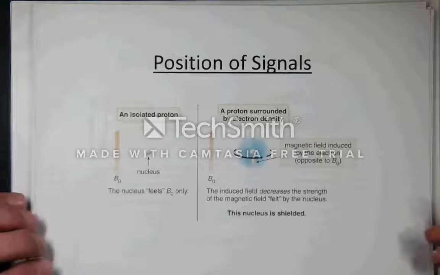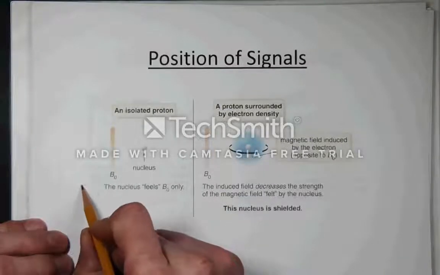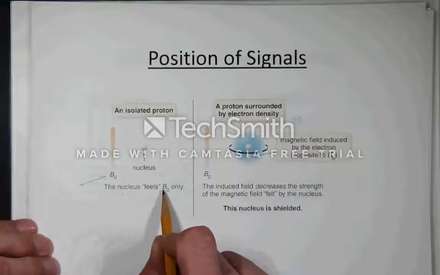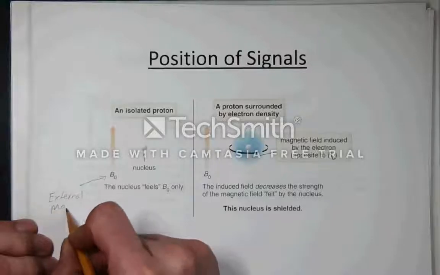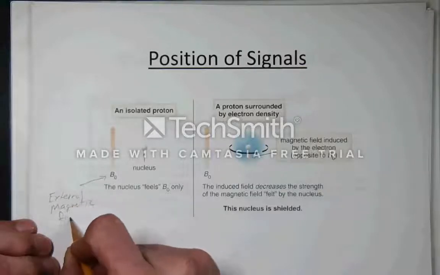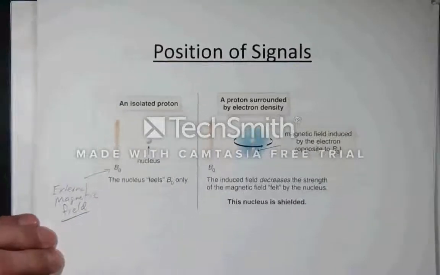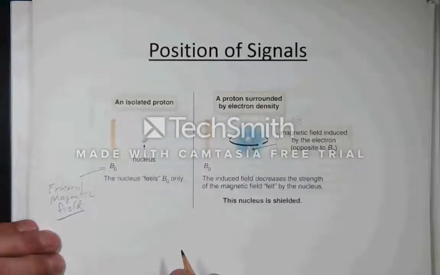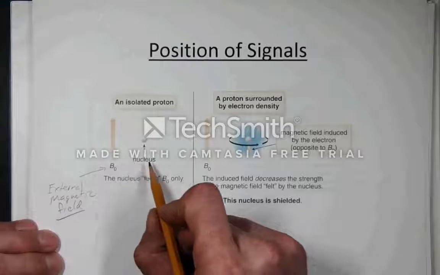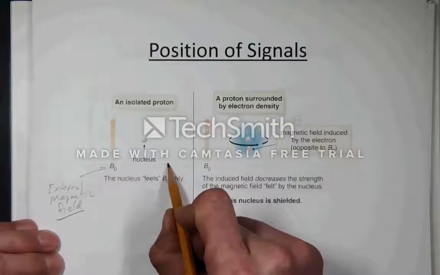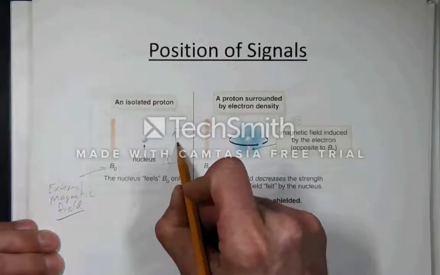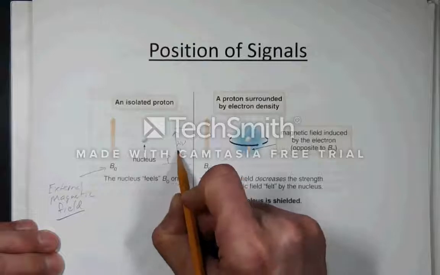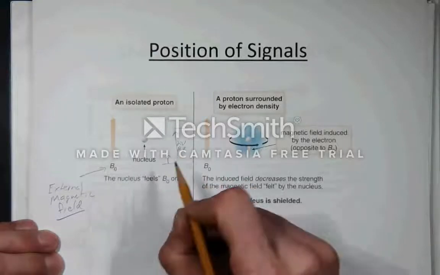So, first off, we use an external magnetic field. So B0 is the external magnetic field. And this is what lines up all the protons, or the nuclei of the protons. They're all spinning in the same way. And they can either be spinning with the magnetic field, so that would be a lower energy level, or they could absorb energy, h nu, and actually this is a radio frequency, so you'll see RF sometimes,